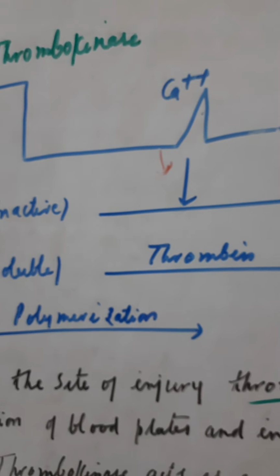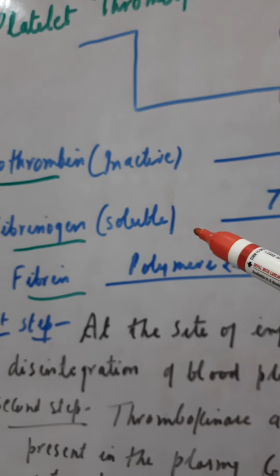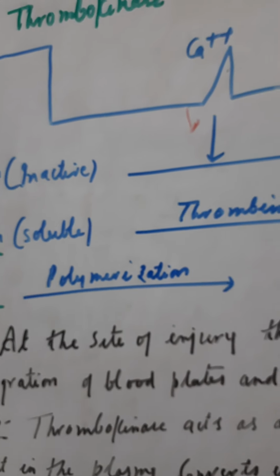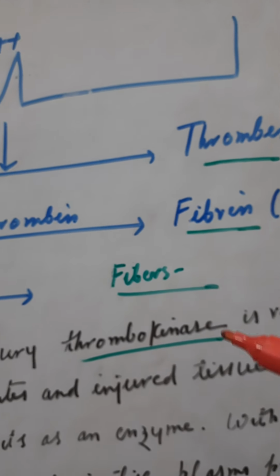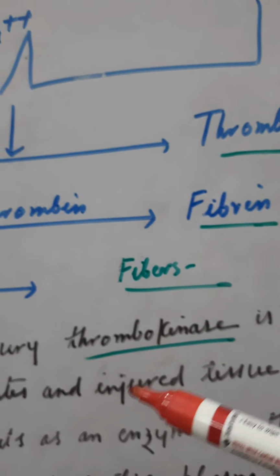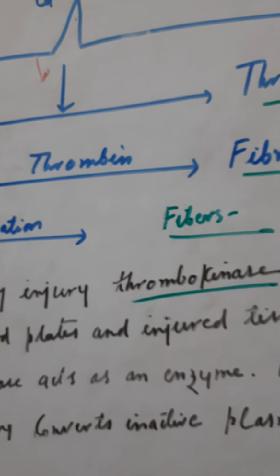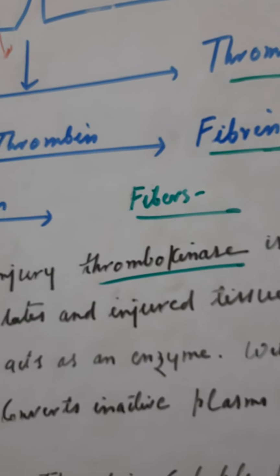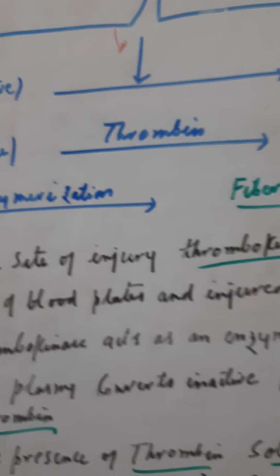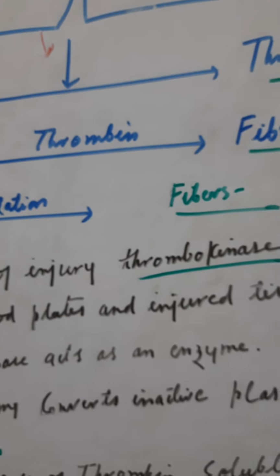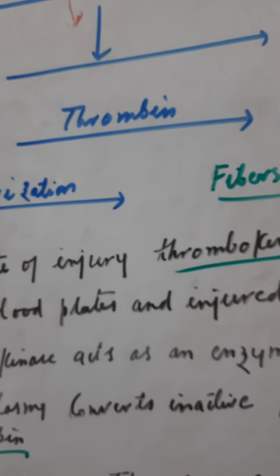Now in the next step, this thrombin, which is converted into active form, will convert the soluble plasma protein fibrinogen into insoluble fibrin. After polymerization, this fibrin will form a thread-like network of fibers at the site of injury. Now the blood cells get entangled and form a clot. Within 2 to 6 minutes approximately, this clot is formed, and when the clot contracts, the rest of the plasma, which is a clear liquid, comes out as serum.